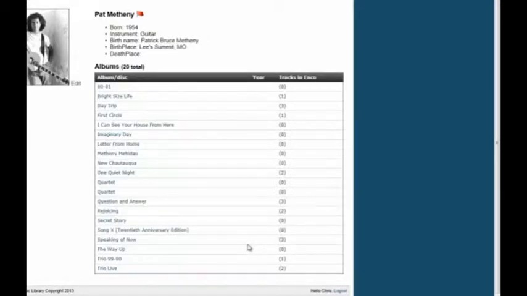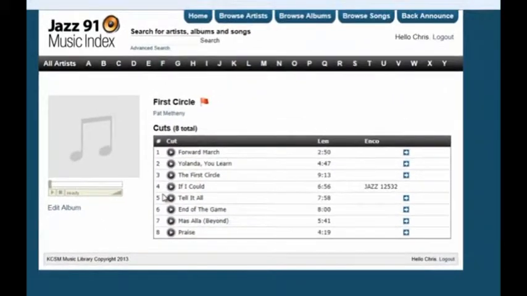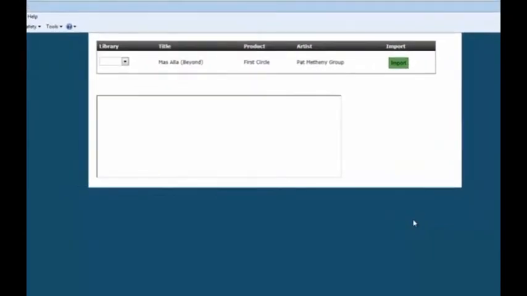Now let's go ahead and go to our favorite, First Circle, of course. And you can see that If I Could is already in there. Now let's go ahead and put in Mas Allah, because that's a fantastic cut, don't you think, for Jazz Oasis. Maybe Janie's watching this. And you click this right here, and up comes